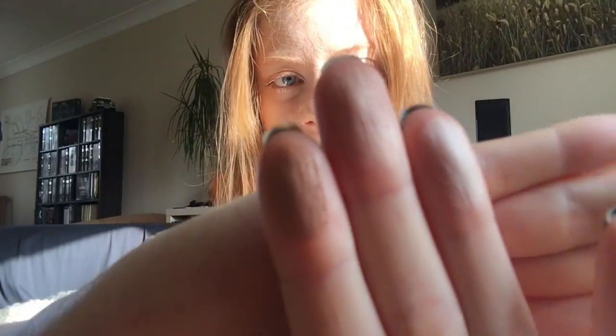These are so pigmented and buttery to apply. I've been wearing this palette basically every day as my eyeshadow look, and I know the sun's coming in a bit there, but that's what those shadows look like. So I'd say if you have to get one, definitely get the bronze palette,